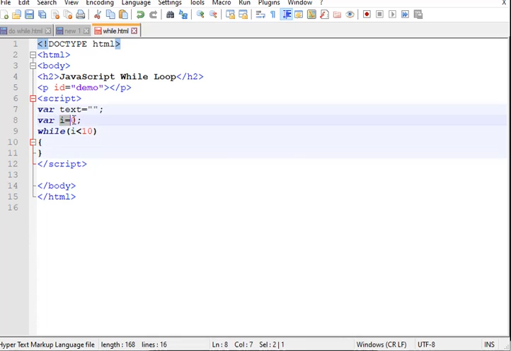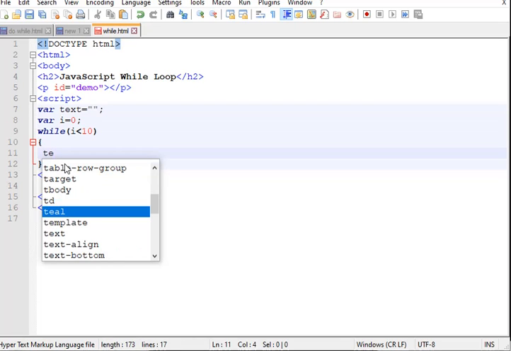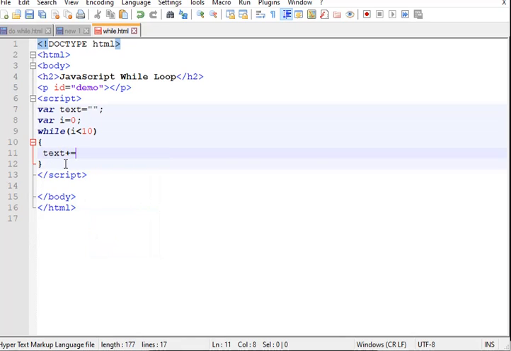We know that i is equal to 0. So here we are going to append to the text value. The assignment statement should be written like this: text plus equal to, and since you want to display a statement, it should be in double quotes.